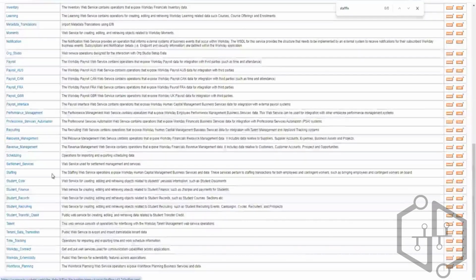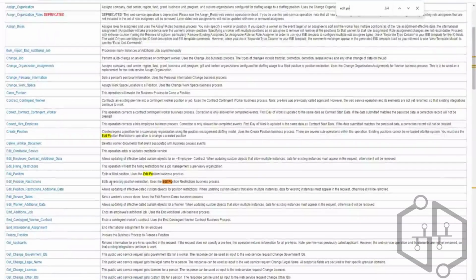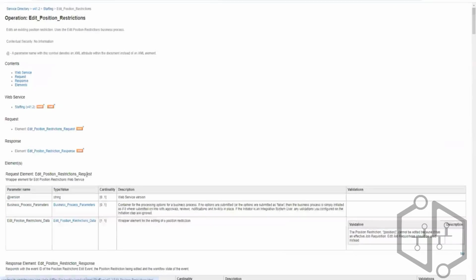Here, in edit staffing, edit position restrictions, you see this is create position, and here is edit position restriction. You read it: it says edits an existing position restriction, uses the edit position restriction business process. Then go inside and see